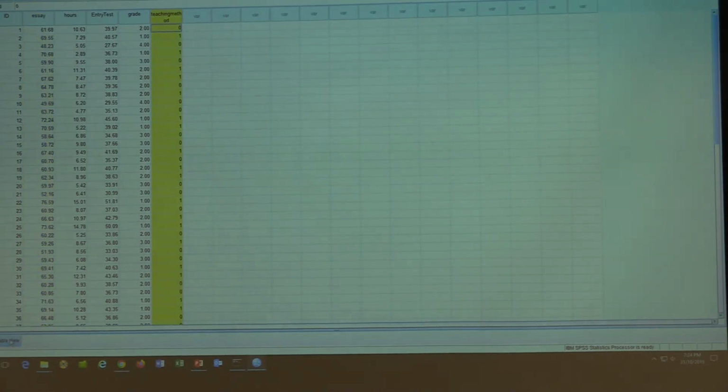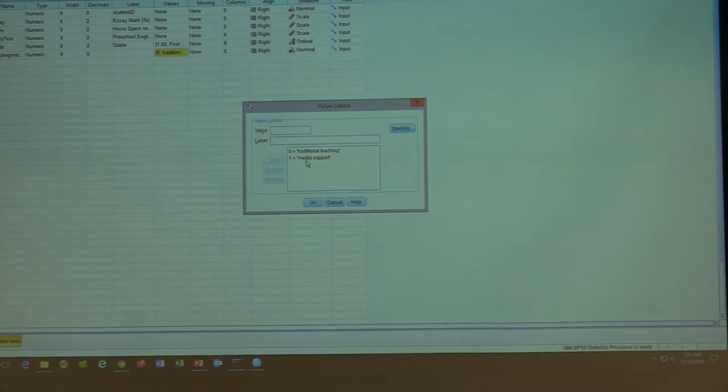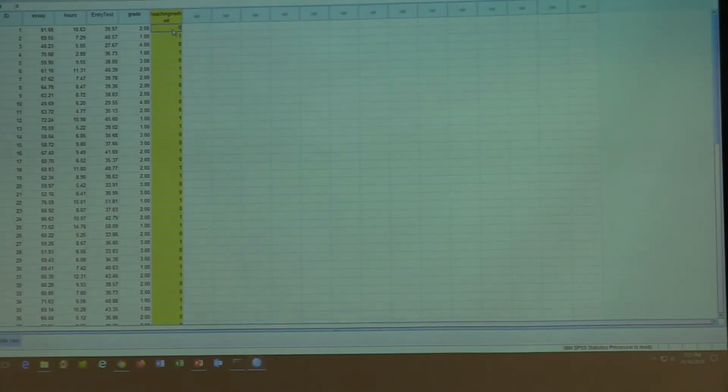So you can also take a look at the variable view. This is automatically the data view, see that? You click on variable view, you can see this. Teaching method. Now what does it mean? So 0 means traditional teaching, 1 means media support. Okay? All right. We'll go back. You can see that those marks with 0 mean traditional teaching, and 1 means media support,